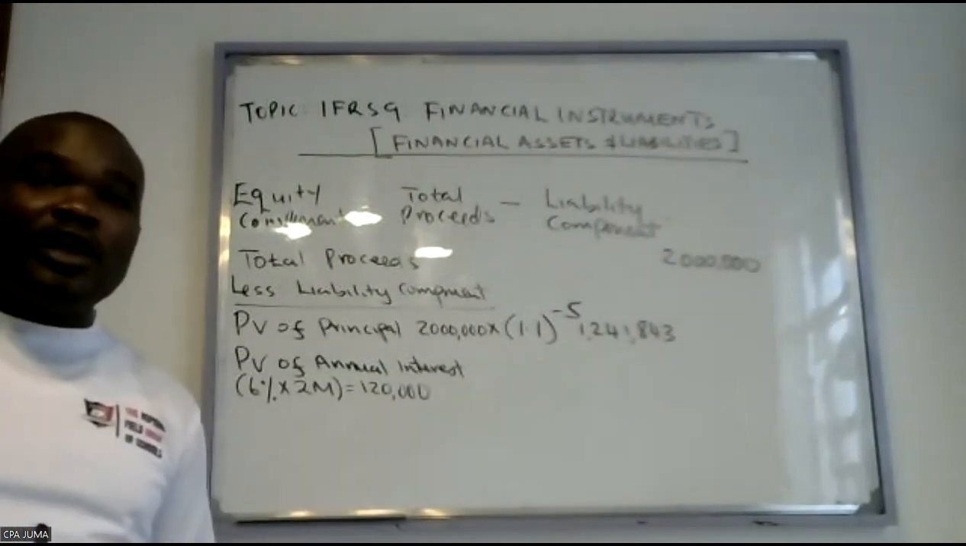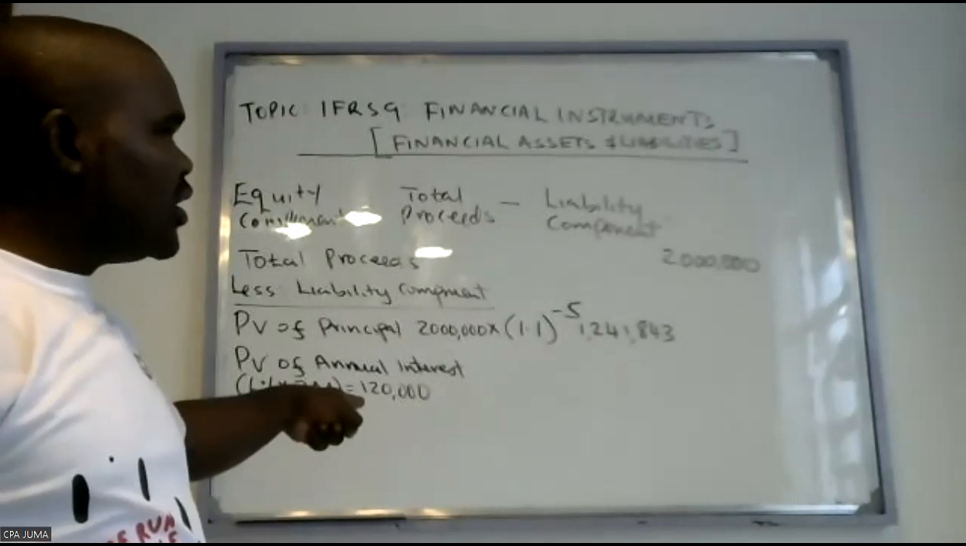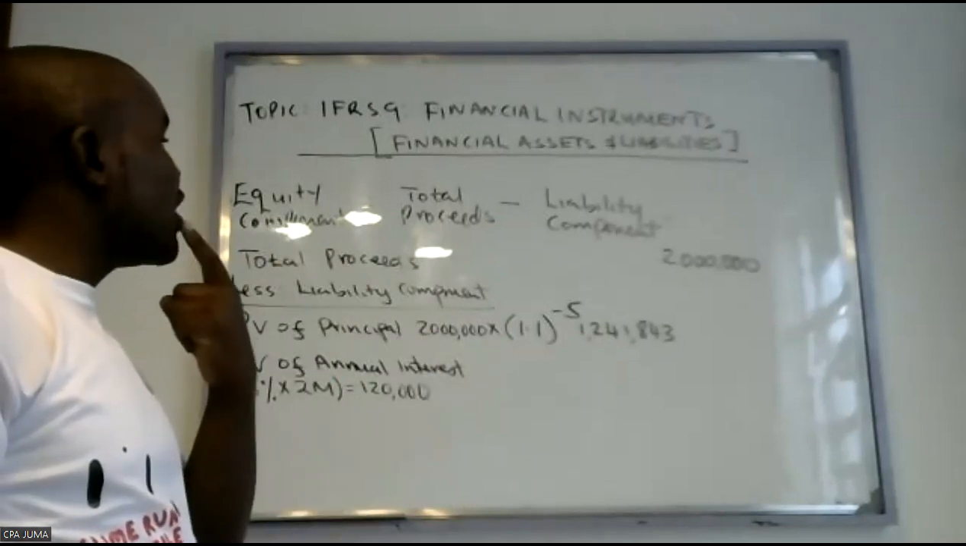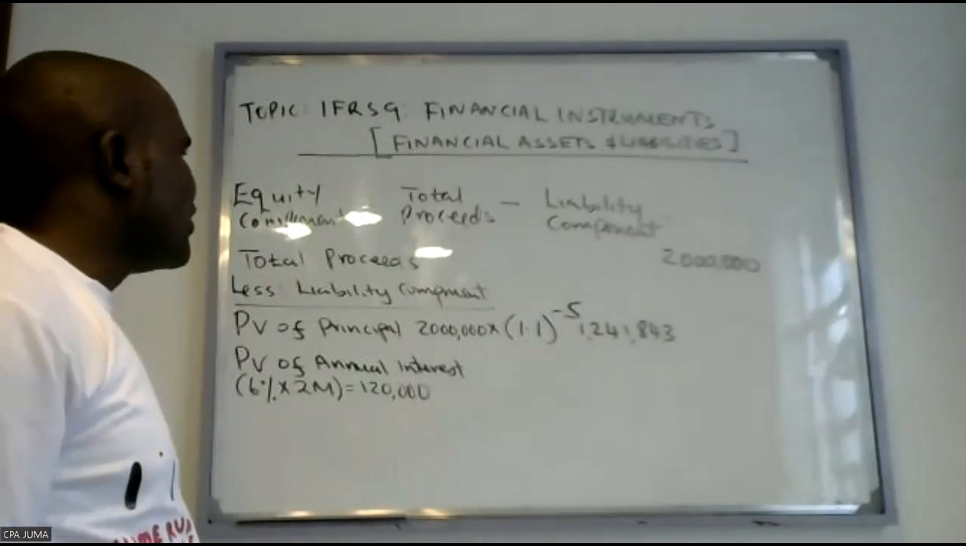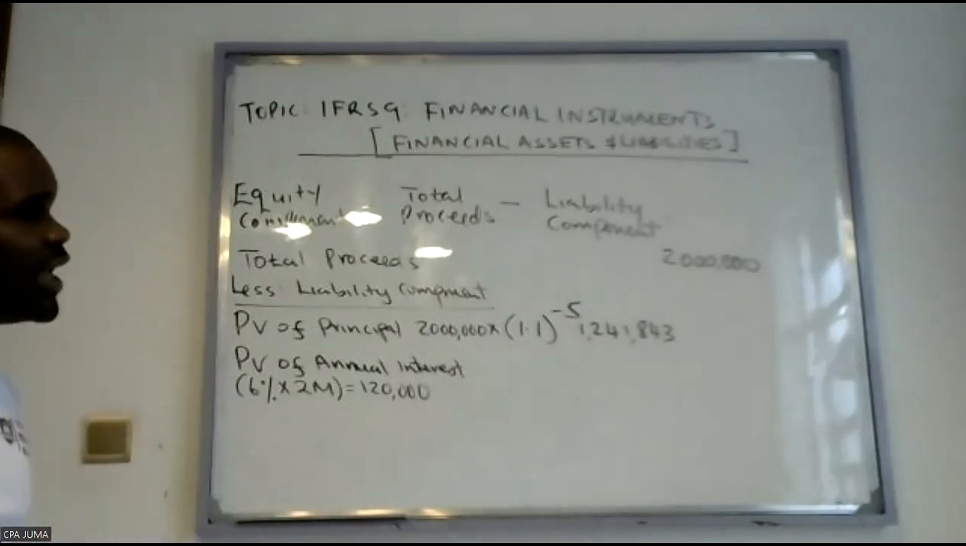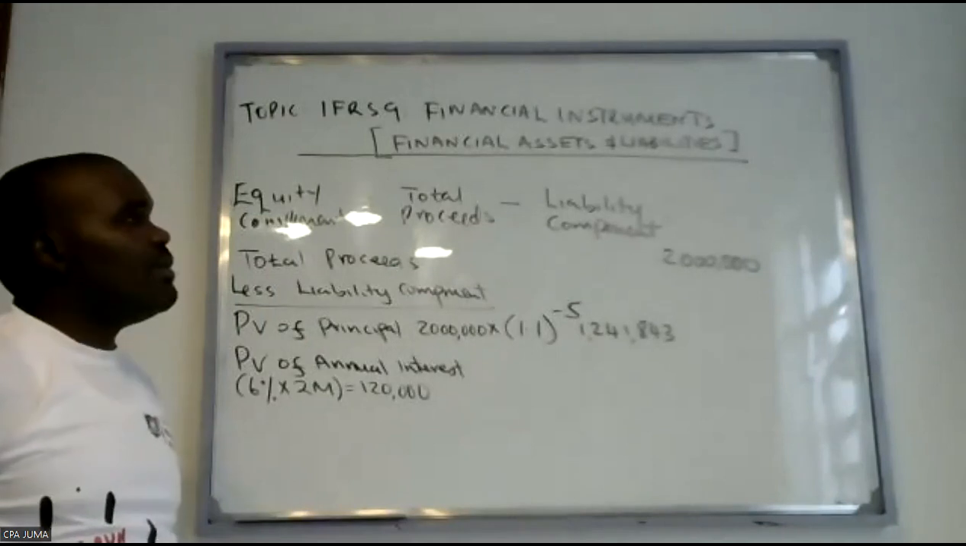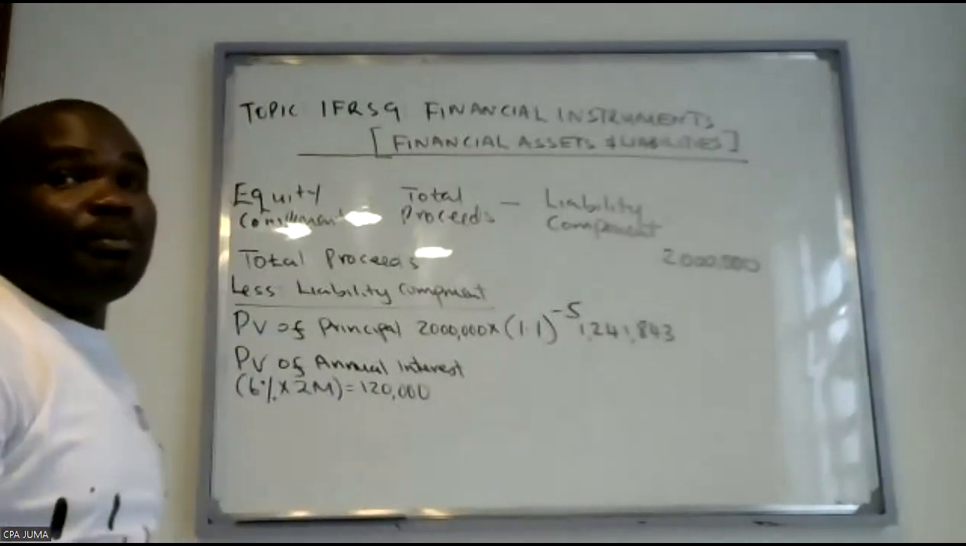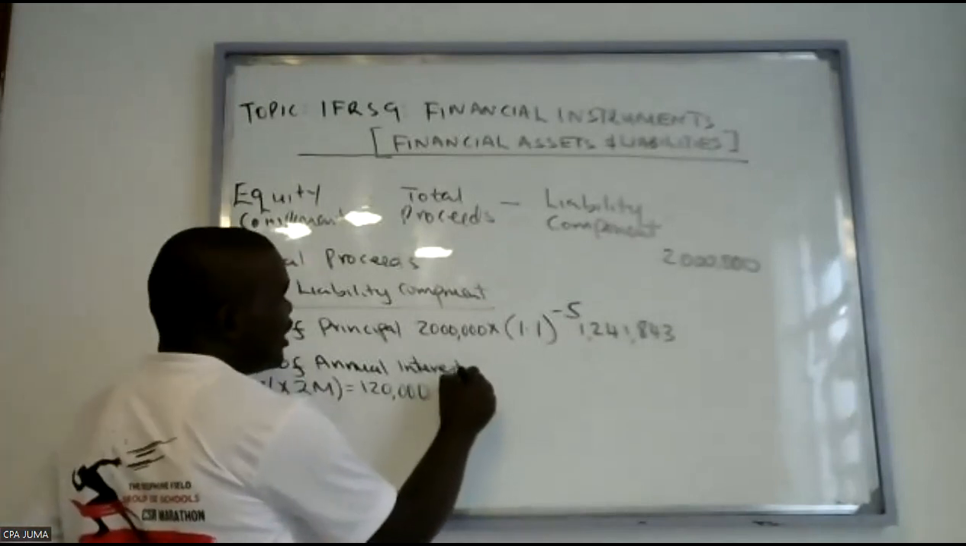So at face value, we would have 120 times 5 years. 120 times 5 is 600. So 600 plus 2 million, you get back 2.6. You can be very happy. But if we check the present value, it will be 120